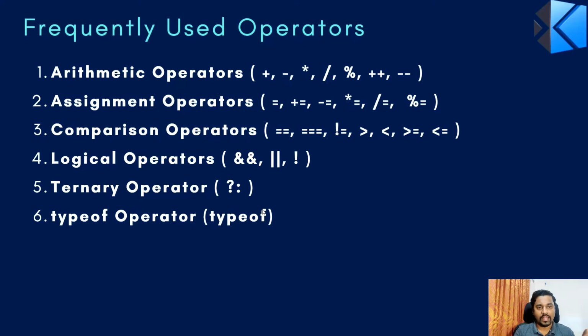Double single lines, that is an or operator. And exclamation is always called the not operator. Ternary operator, it's a question mark and a colon. And the typeof operator basically helps you to understand what type of operand you're using. Let's start with the first one, arithmetic operator,